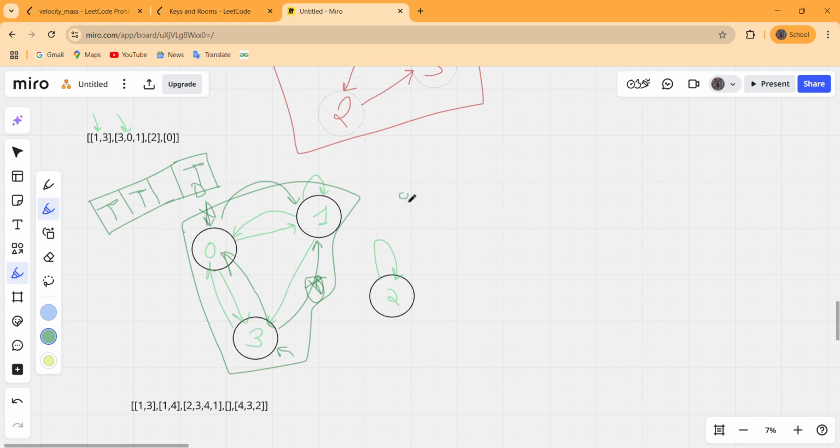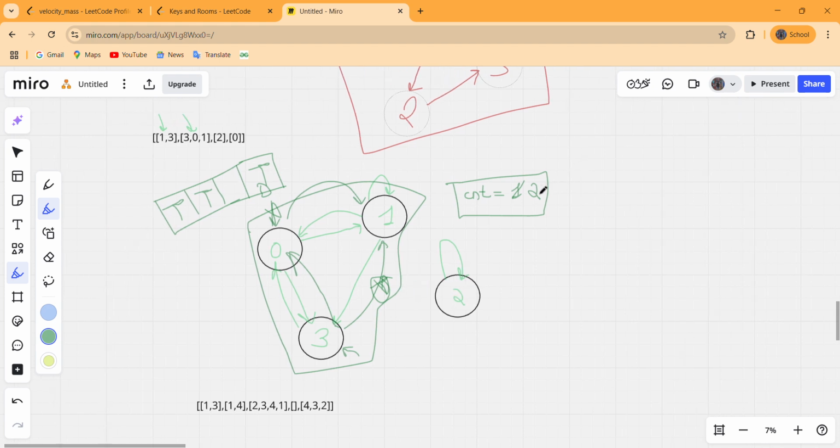So let us keep count of how many times this DFS will be called. For the first time all these nodes get marked, and this 2 is marked when the DFS for this 2 is called. So there will be 2 times when this DFS will be called, and every time this DFS is called, we have to take care of that counter as well.